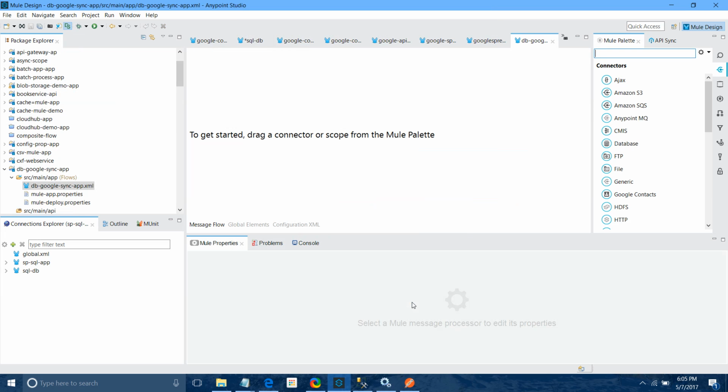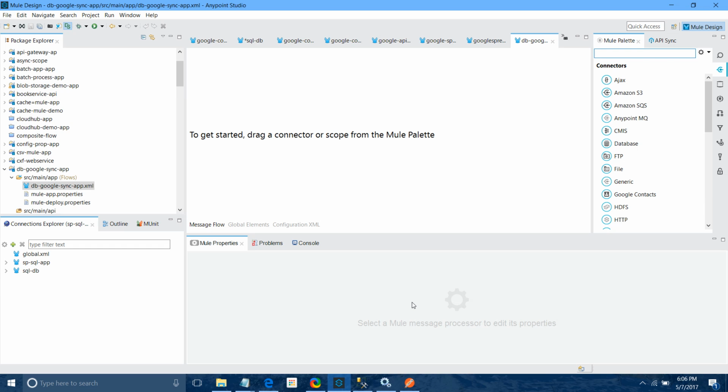As you know, when we connect to the Google API, we require OAuth authentication. For that we will require the client ID and secret key that we can copy from Google API Manager. When we send them for authorization, we get a token ID back. We will store that token ID in the object store because the token expires in 2 hours, so every 2 hours we will generate a new token ID. In the second flow, we will use that token ID and send the actual request